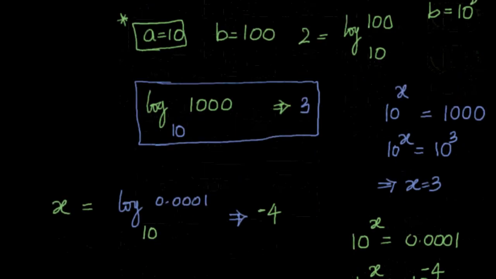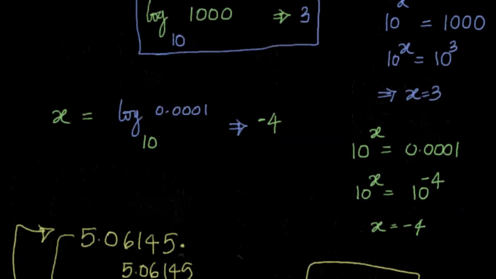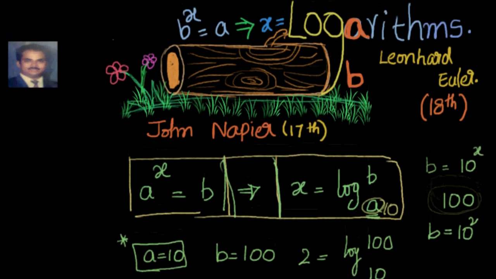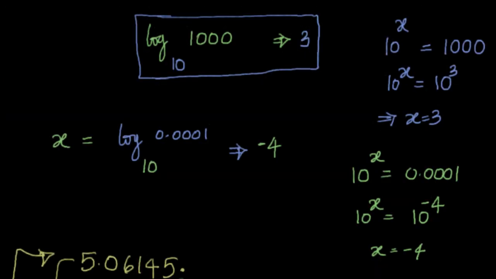Similarly, I take another simple example, 1 by 10 to the power of 4. That's nothing but 10 to the power of minus 4. 10 to the power of minus 4 is 10 to the power of x. That gives me x equal to minus 4. And out of these two forms, the first form is called the exponential form. The second form is called the logarithmic form. After that, we took a simple example to understand how they were actually utilizing the logarithms. Suppose there is a calculation where you have to multiply.